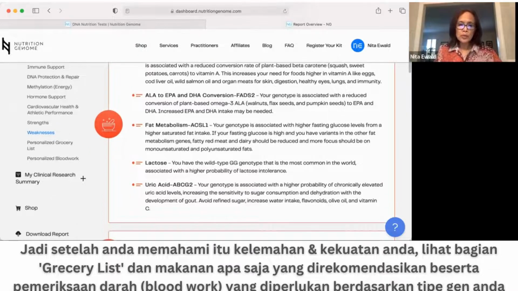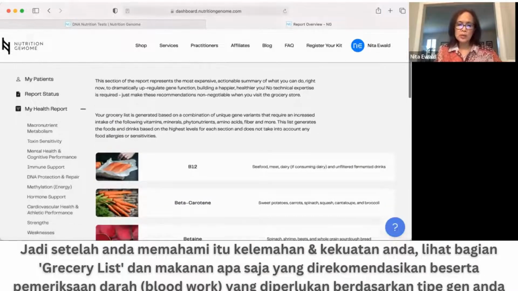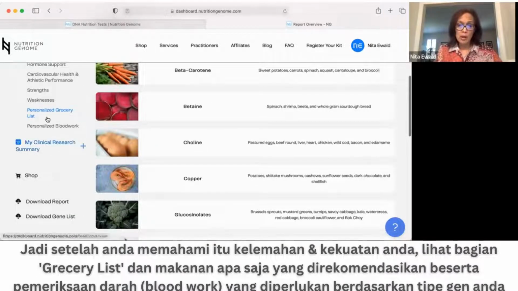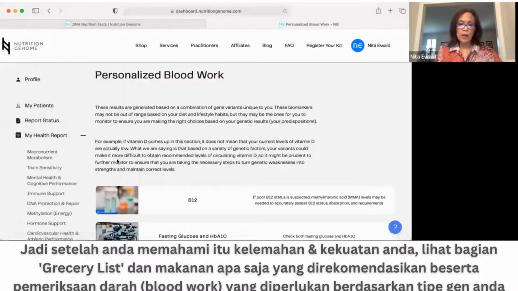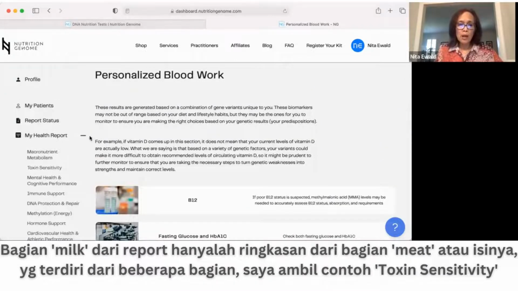So once you understand the weaknesses and the strengths, then you can go to the grocery list. This is what food they recommended to you based on your genotypes, and then the blood work as well. So